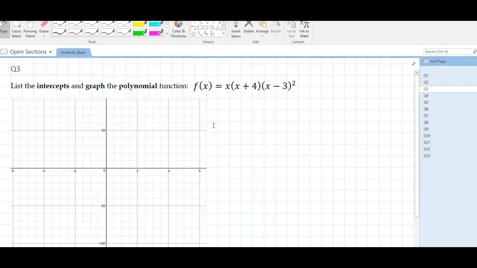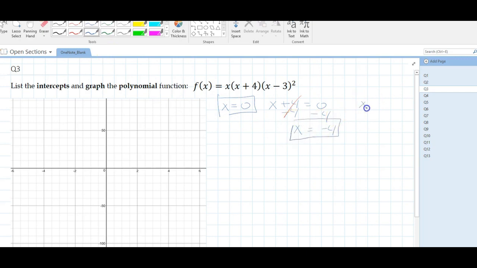Question number 3. List the intercepts and graph the polynomial function. We're going to find our intercepts by finding our real zeros. So the first x, we're going to set equal to 0, and that is going to be one of our intercepts. Then we have x plus 4 equals 0. So we're going to subtract 4 on each side of the equal sign. The 4s cancel. Now we have x equals -4,